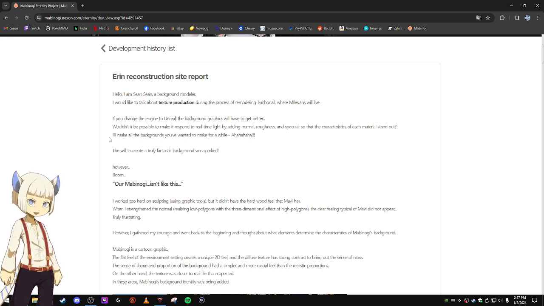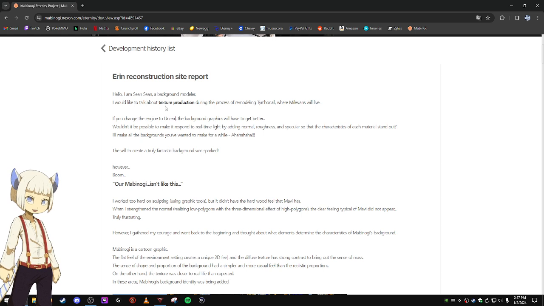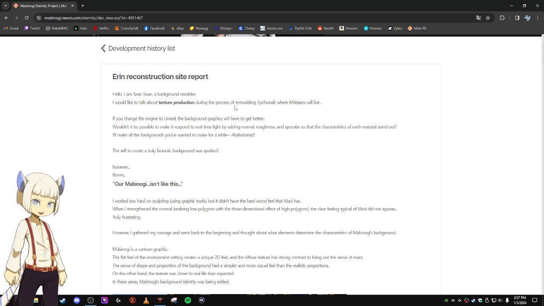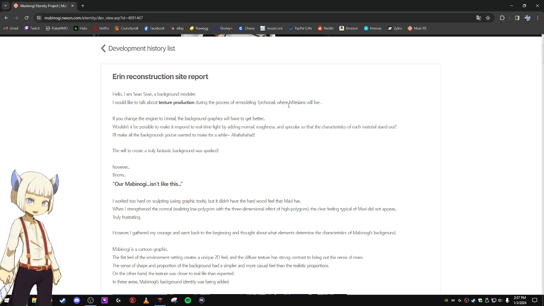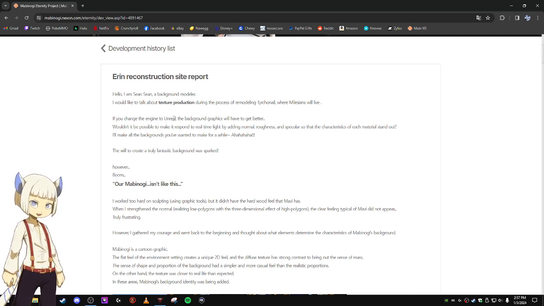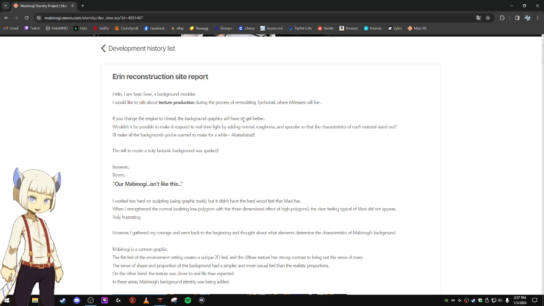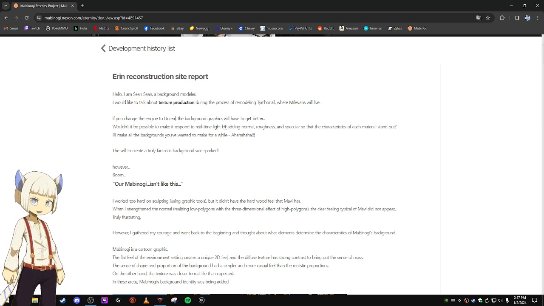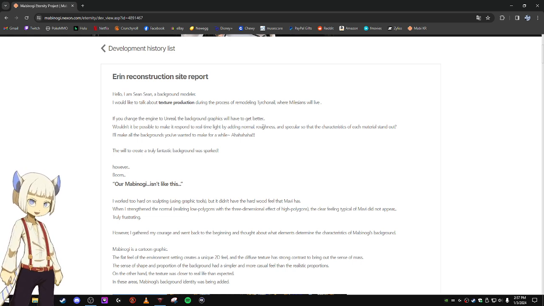Okay, so we're going to be taking a look at another one of the posts on the Korean Mabinogi Eternity project site. So I would like to talk about texture production during the process of remodeling Turconail, where Militians will live. If you change the engine to Unreal, the background graphics will have to get better. Wouldn't it be possible to make it respond to real-time light by adding normal, roughness, and specular so that the